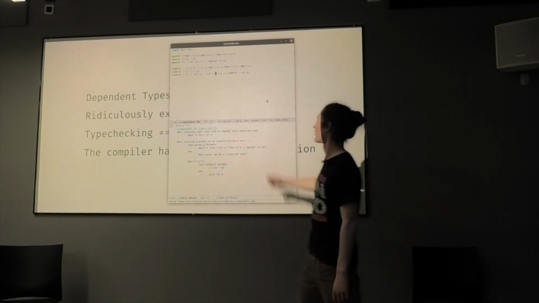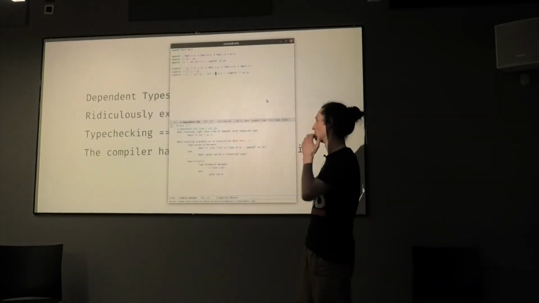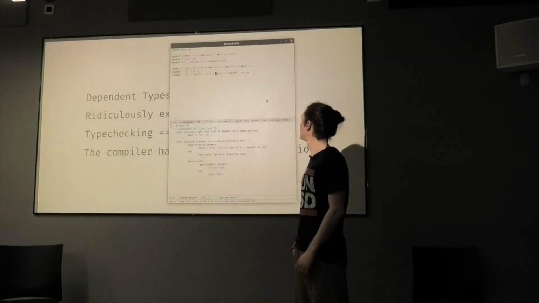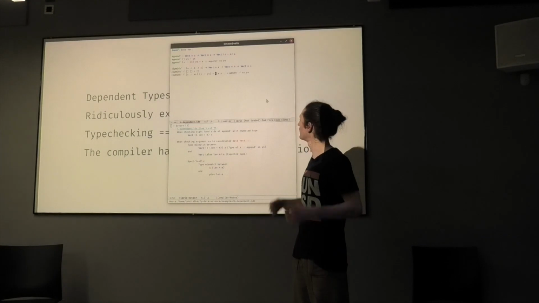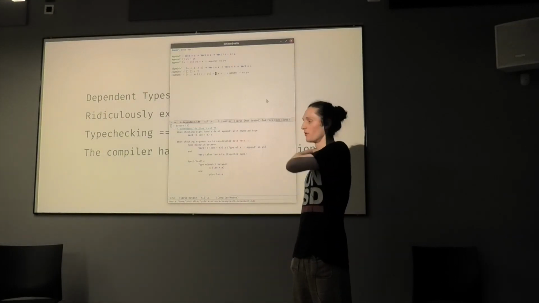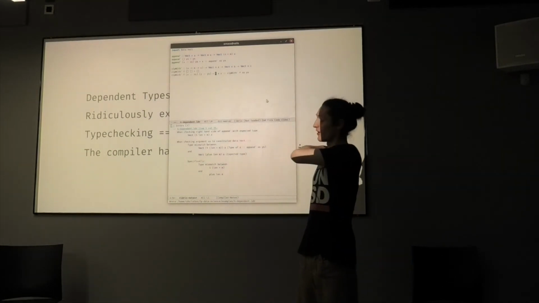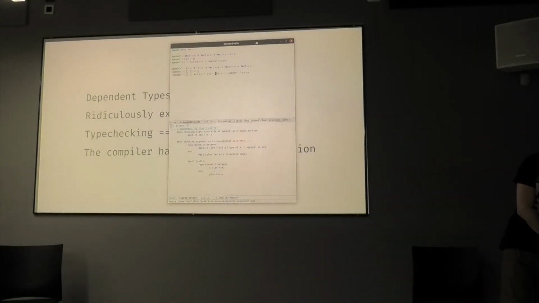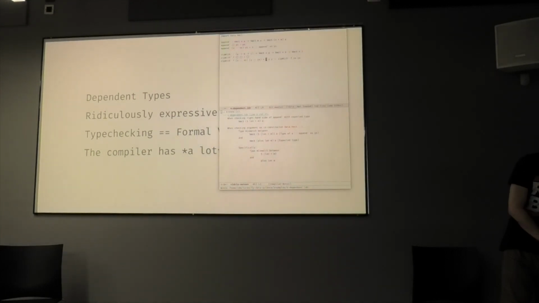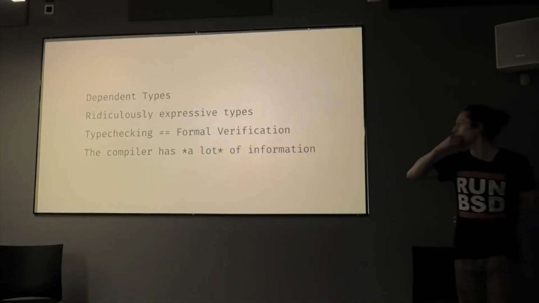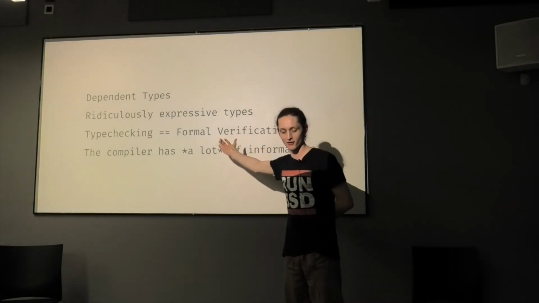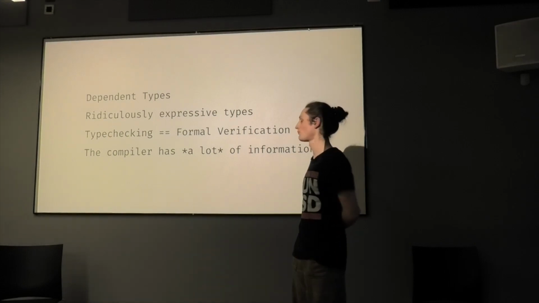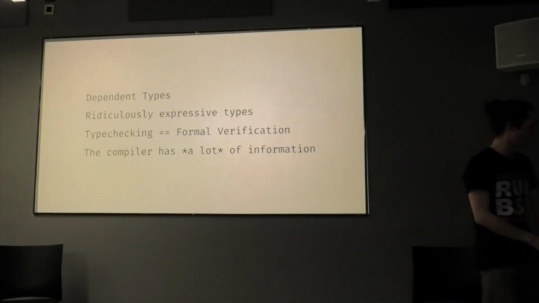Obviously, it's not going to figure out anything really hard, but this is super useful for plumbing code, if you know what I mean. It can often just generate a lot of stuff which is just laborious otherwise. It's very nice. So that's dependent types. And like I said, type checking is basically equivalent to formal verification if you have specific enough types, which you don't necessarily have to, but you can if you want.